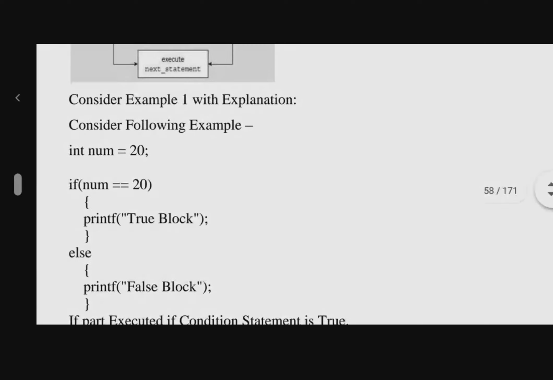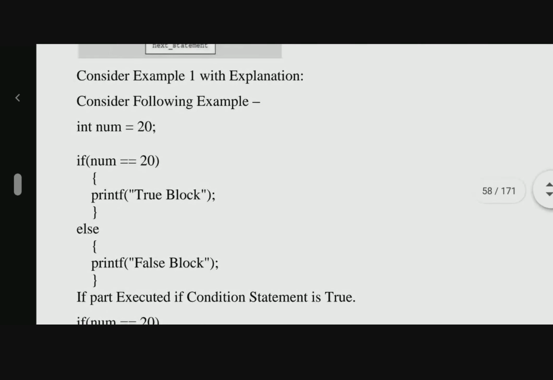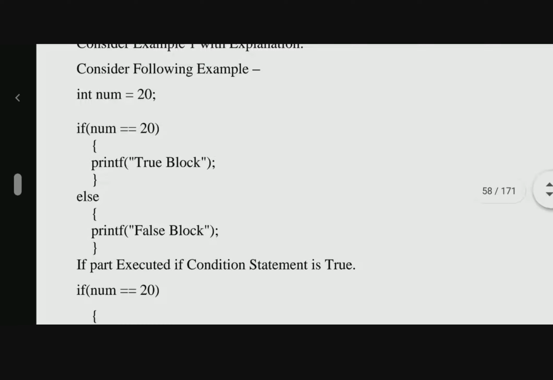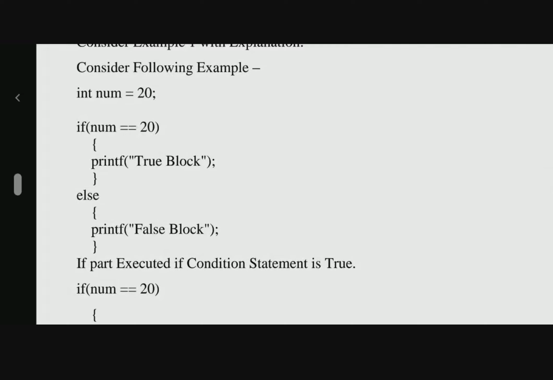So integer number equals to 20. If number equals to 20, then printf true block. Else printf false block. Now see, the if part is executed if the condition statement is true,